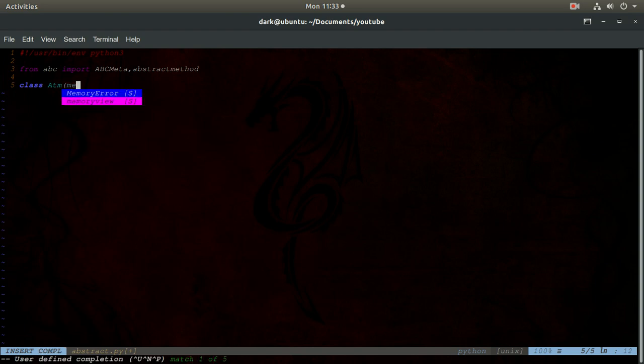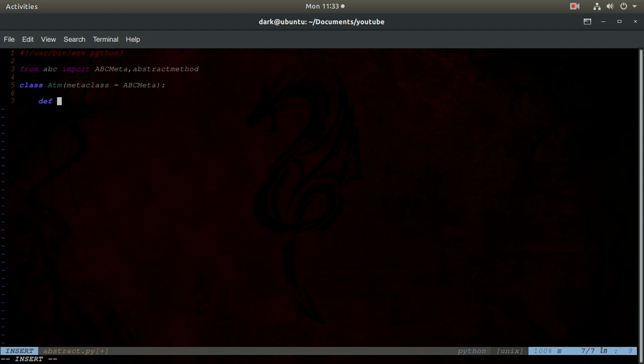Now in this, metaclass is equal to ABCMeta. So we have inherited from ABCMeta, which changes the base class behavior to a metaclass, for ATM. Right, now we'll define what behavior we want in our ATM